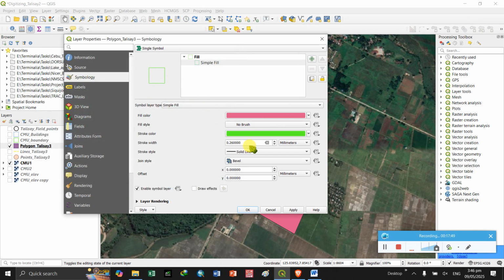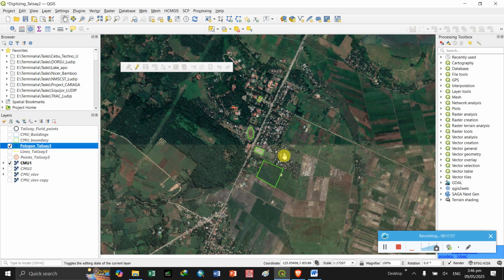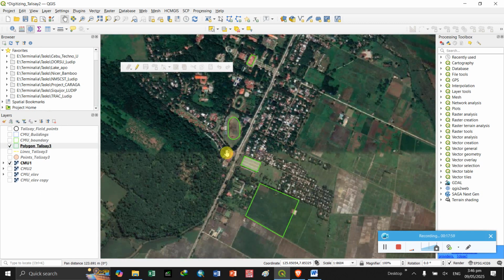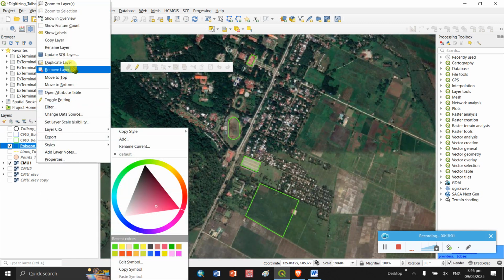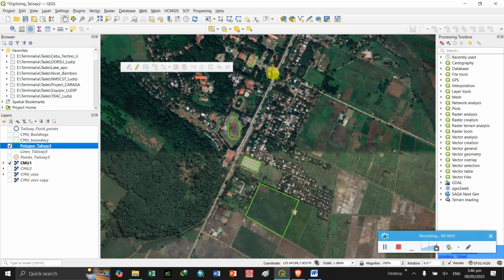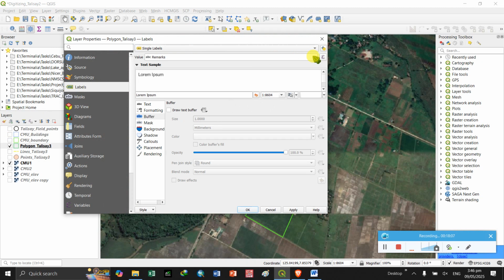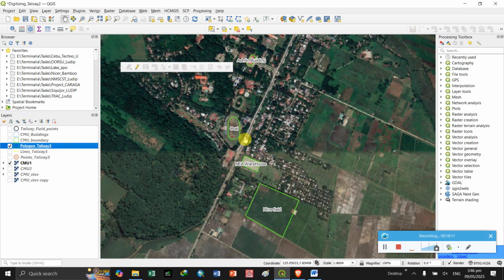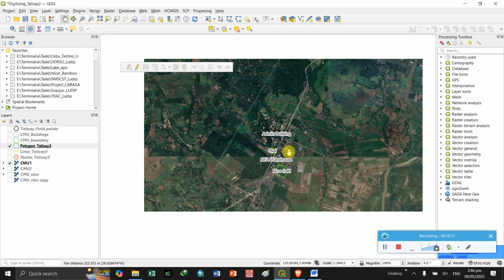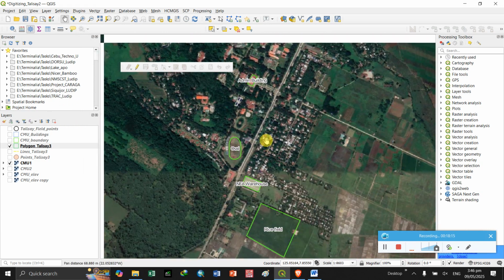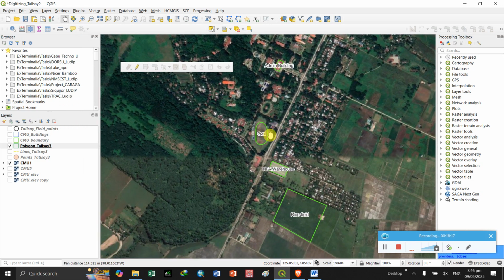Then increase the stroke unit to 0.5. Okay, click OK. So something similar to this. Then we can add the labels. So single label, remarks, draw text buffer, and you are done. So you can have separate or different features that you want.